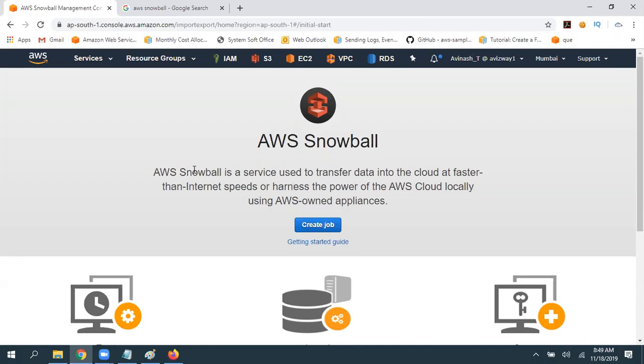Let's assume you decided to rebuild your entire network and you have some data. So what you can do, you can copy all the data into this device. You can rebuild your entire network. Then you can copy all the data back. You can delete everything from the Snowball device and you can send it. So locally, for your own purpose, whatever purpose it is, you are using that 50 TB or 80 TB device.